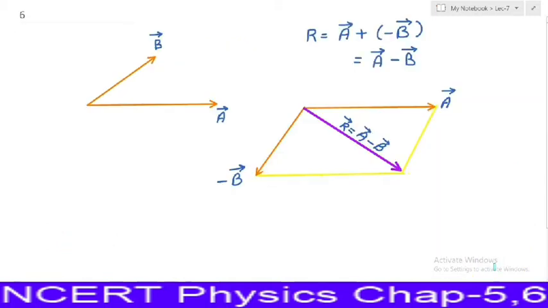Now if you want to subtract two vectors, suppose we take same example, this is vector a and this is vector b, and you want to find vector a minus vector b. So to subtract two vectors, first write this vector a minus vector b like this, means vector a plus vector minus b. So now what does it mean? It means if we find the resultant of two vectors, that is vector a and vector minus b, then that resultant will correspond to vector a minus vector b.